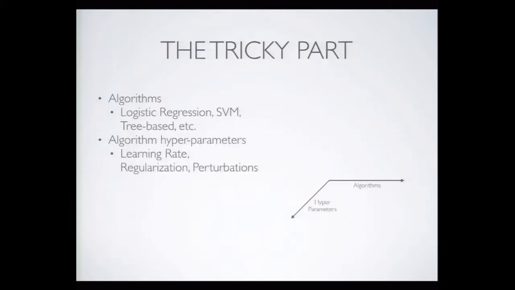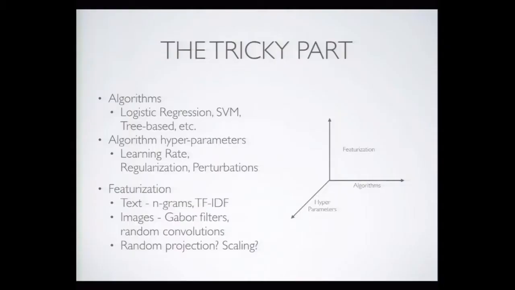So the tricky part is that, as I mentioned, if we had only one statistical procedure that we used to build models, if we only knew about logistic regression, our task would almost be done. But in fact, we have a bunch of different reasonable classification models that we can use. So logistic regression, SVM, tree-based. There's a whole slew of acronyms that I could throw at you, and I won't. And then each of these algorithms also has a set of hyperparameters to tune. These are those little knobs that make your model fitting just right or totally wrong. And actually setting these in practice is often fairly experimental.